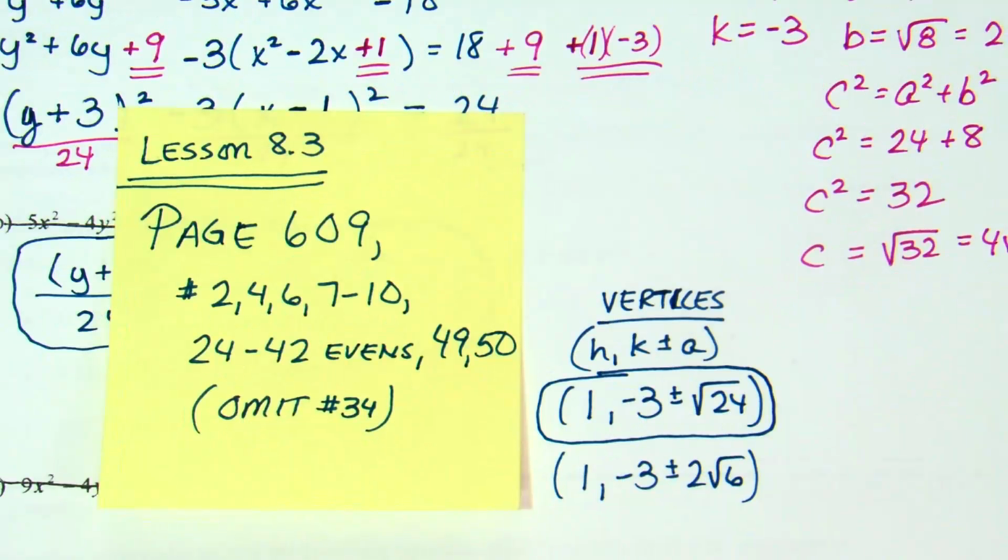Remember, omit 34 means skip 34. I forget why, but I think it just was not a fun problem. Other than that,